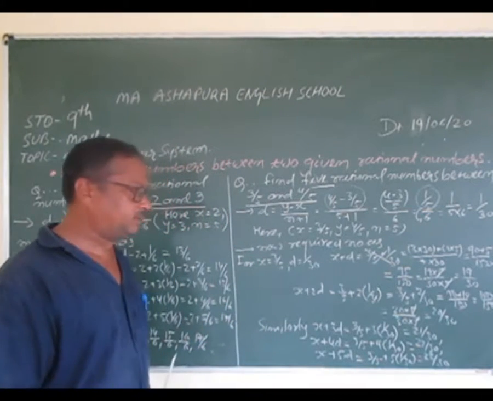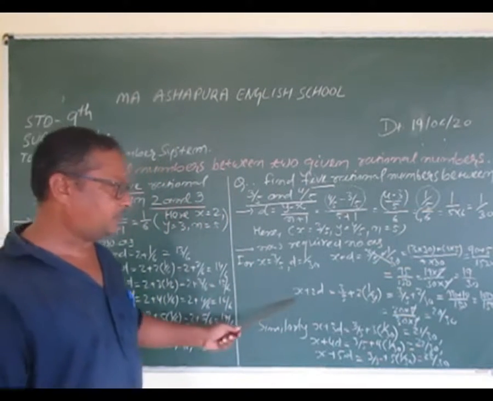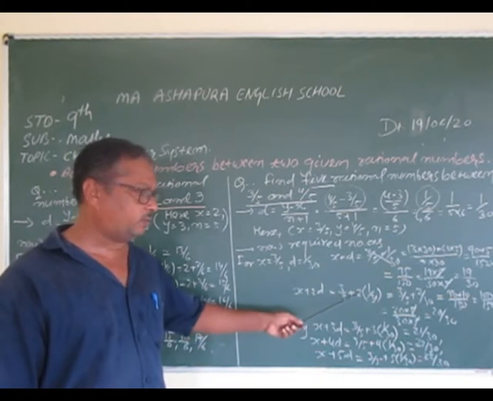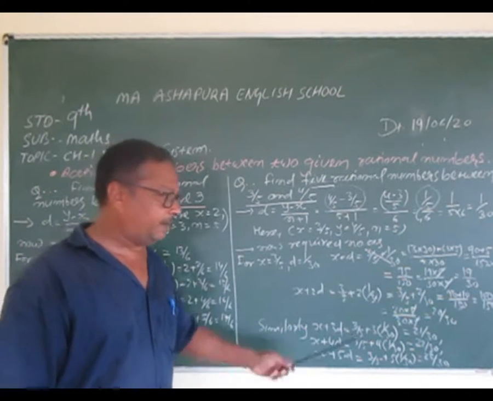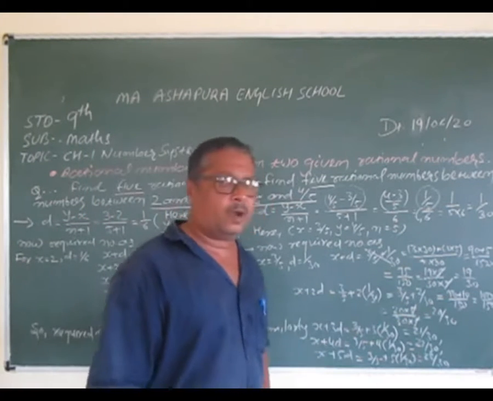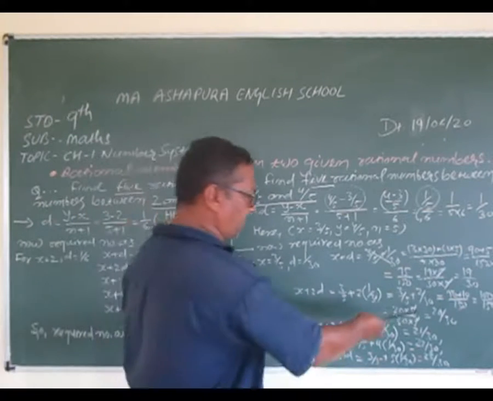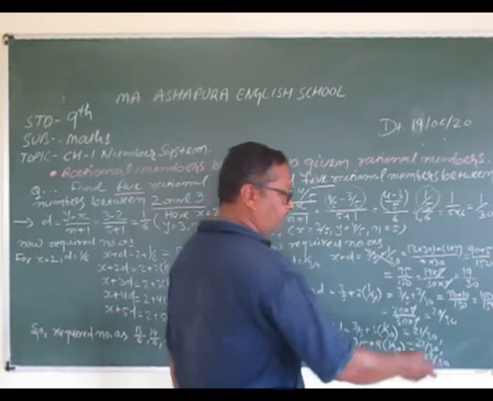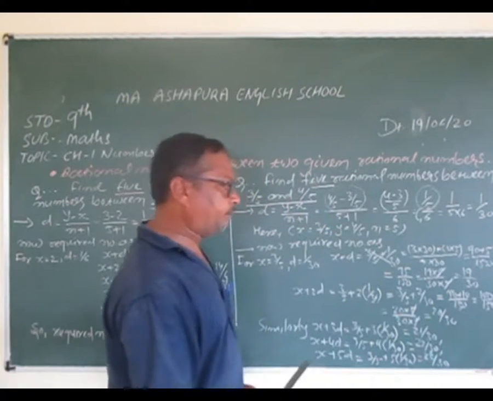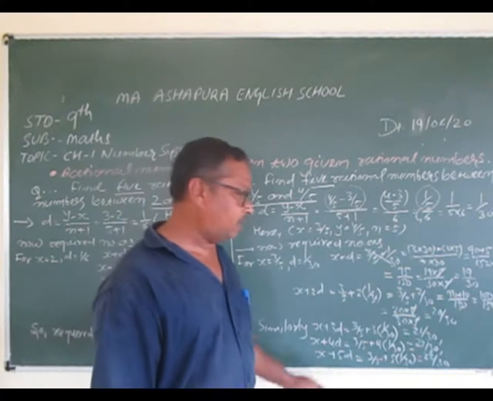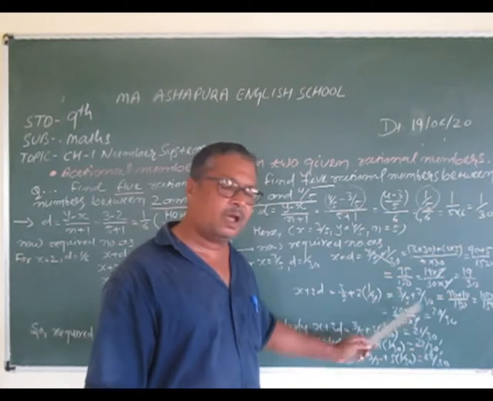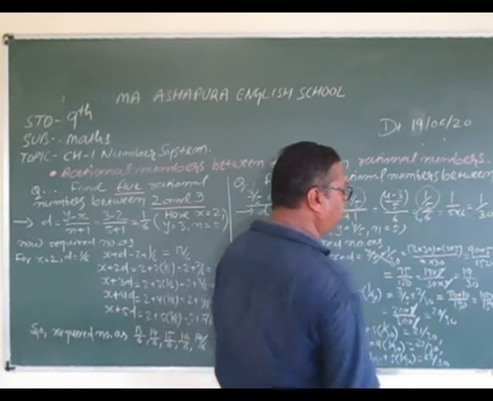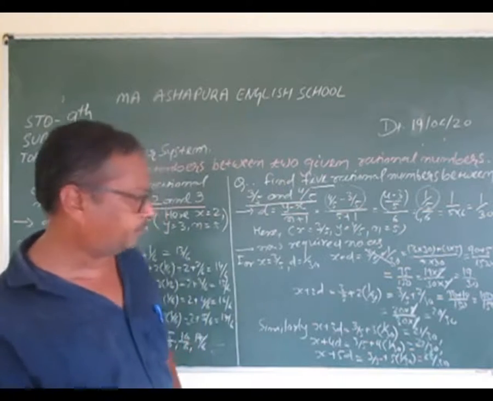Now the second term, x plus 2d. Substitute the values of x and d. Therefore 3 by 5 plus 2 into 1 by 30. We get 3 by 5 plus 2 by 30. Now applying cross multiplication, 3 thirties are 90 plus 5 twos are 10, divided by 150. We get 100 by 150. The factors of 100 and 150: 25 fours are 100 and 25 sixes are 150. So 5 is a common factor which is cancelled out, and we get 20 by 30 as our second term.